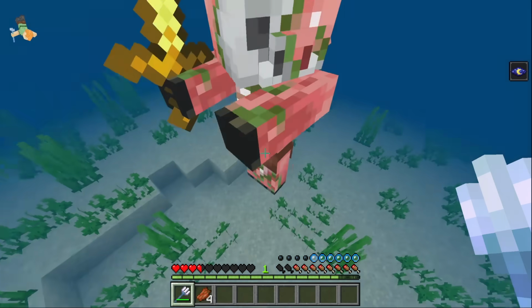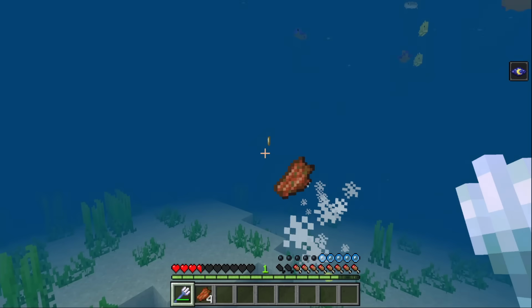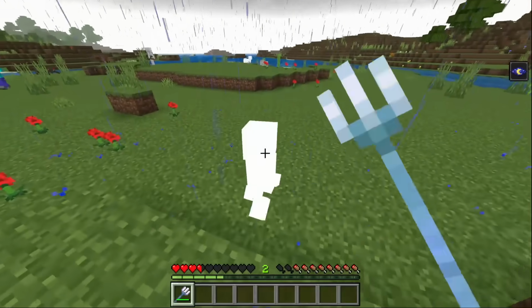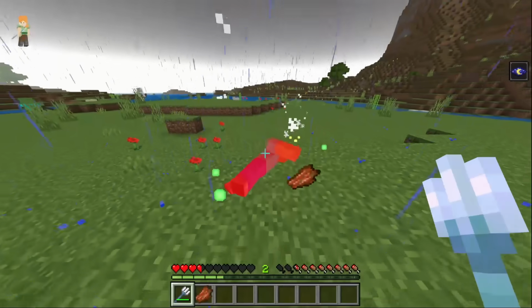It will do damage to any mob or player that is just touching water, even during rain. Not a lot of players know this, and this means Impaling is actually one of the most useful weapon enchantments